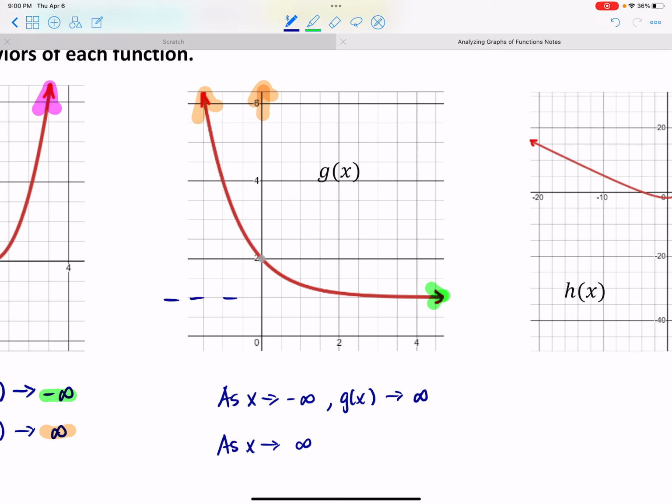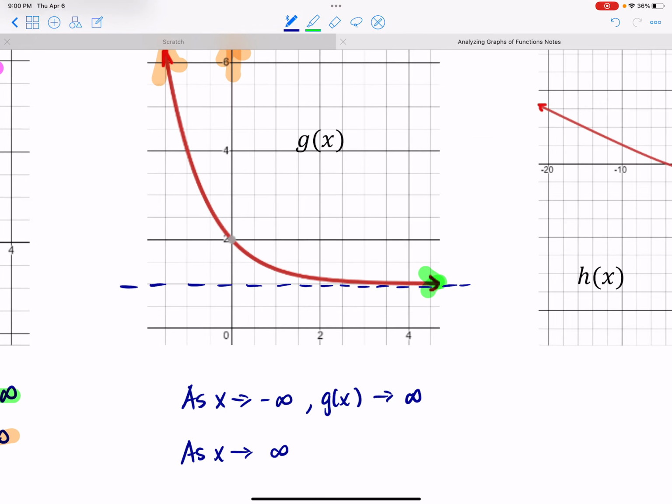What's happening here, this graph flattening out, means that this graph is approaching an asymptote. And this appears to be a horizontal asymptote at y equals 1. So let me write this up here. Horizontal asymptote